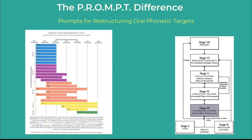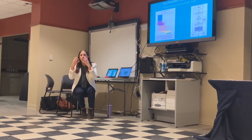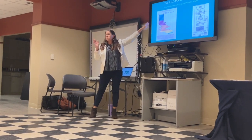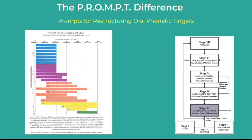bound by, okay? So when you are getting a speech evaluation, articulation, not language, just the articulation, they are literally using this or a version of it. It's the exact same information, could be different colors. It's literally called the Iowa, Nebraska norms, okay? On the right, like I said, is the PROMPT system of evaluating a